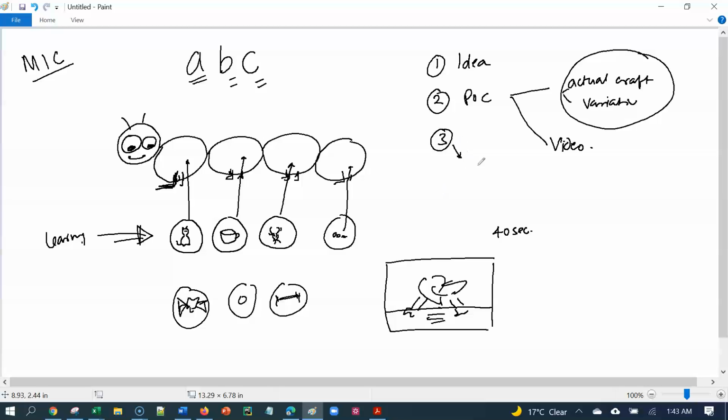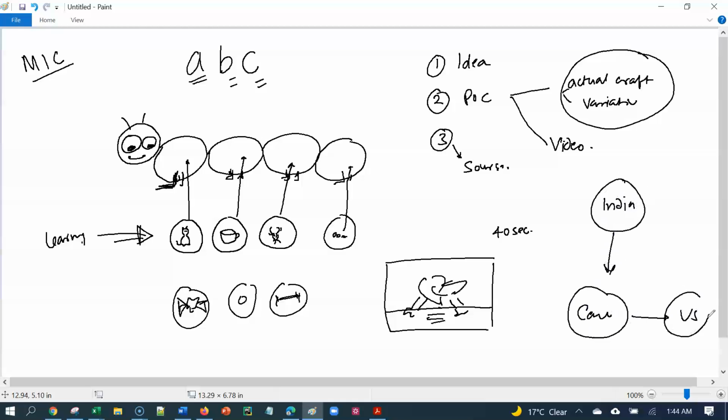Then after that, we will actually have to think about sourcing this. Okay. So the idea here is we will have all the supplies from India. So from India, you're going to send us to Canada, and then from Canada we will send it to US also. So US में भी हमारे मेरी भांजी है वहाँ पे. So then we can actually ship stuff here. This is not for India at this stage, because India में I don't know how people will actually take this thing, but this idea here is actually for North America, but the entire supply has to come from India.